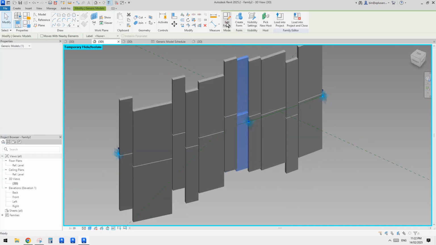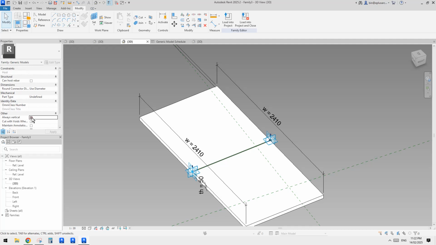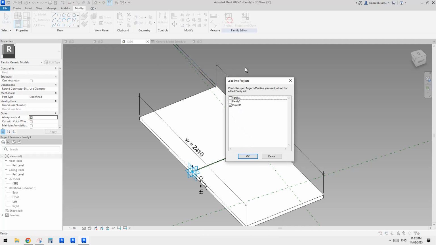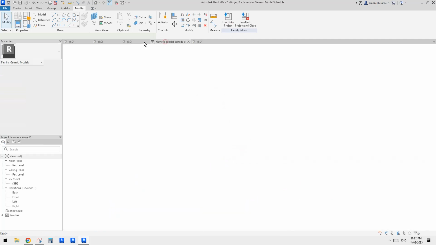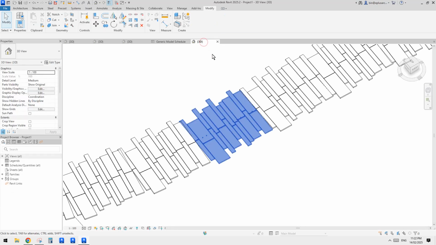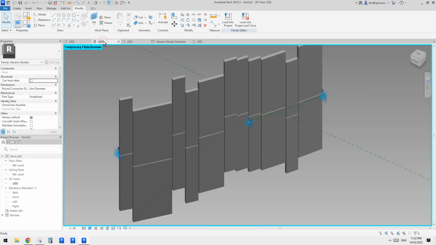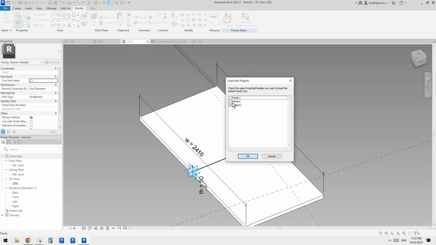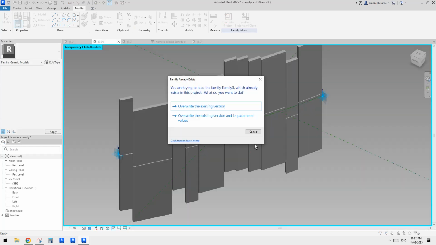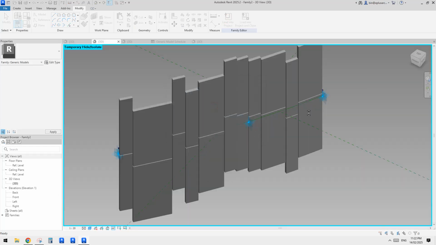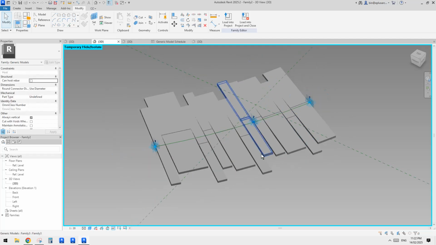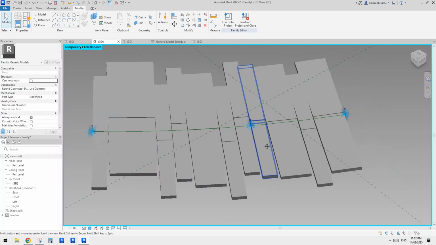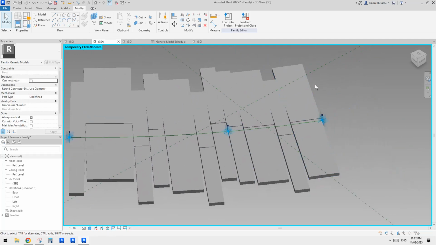We probably need to go back to this family and check this always vertical. Let's see whether this will work or not. Where am I? This one, family 2, this family 3. So we need to load this one into family 2, and hopefully this will become horizontal. Okay, so now you can see instead of having a big angle difference between this one and the first one